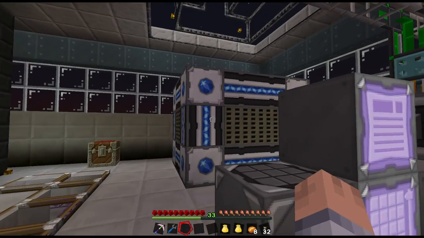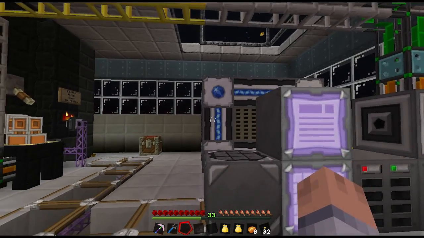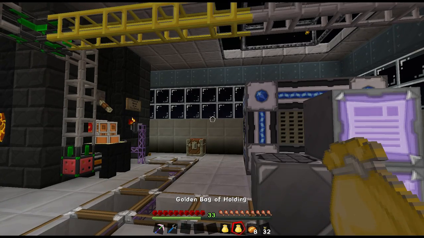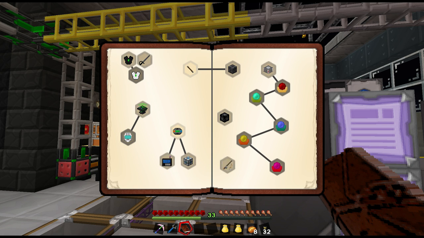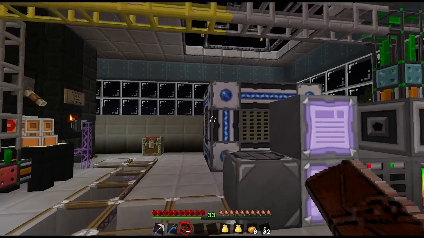So it is possible that the 27 patterns we did for nothing, the molecular assembly chamber we set up for nothing, it doesn't go bad because it's part of a quest. Or we need to turn on those items anyway. Right here, the auto crafting. We just need to make altogether 32 vents, and this is only 10. So